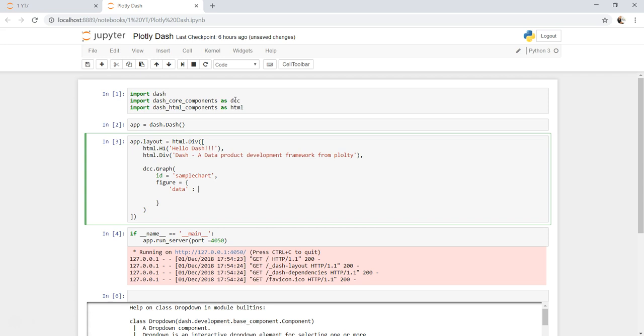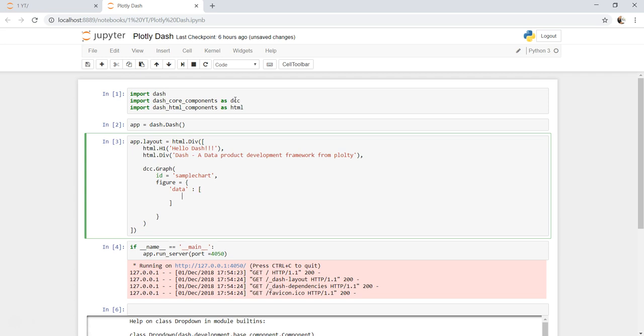So it will be a list, so within brackets, right? And then within the dictionary we need to specify the x. Let's take some random value within the list, maybe 4, 6, 8,